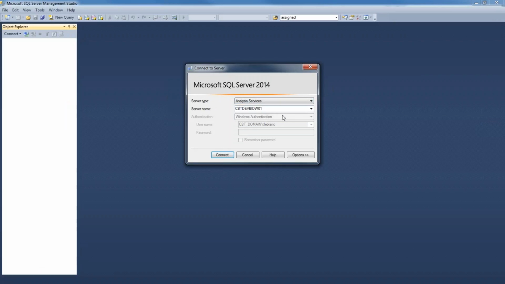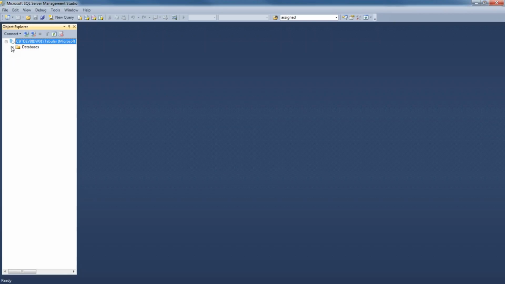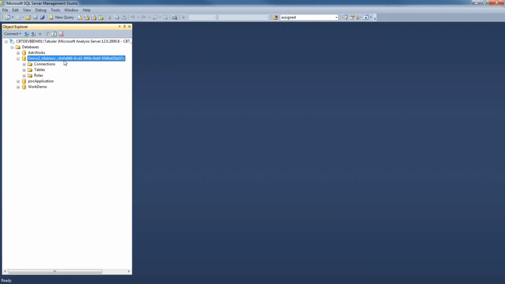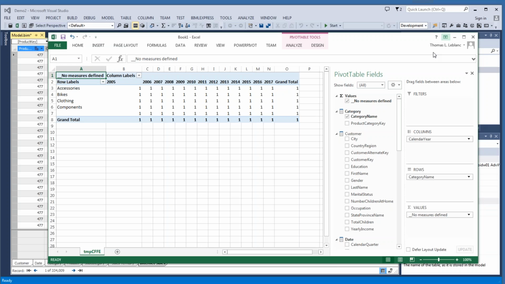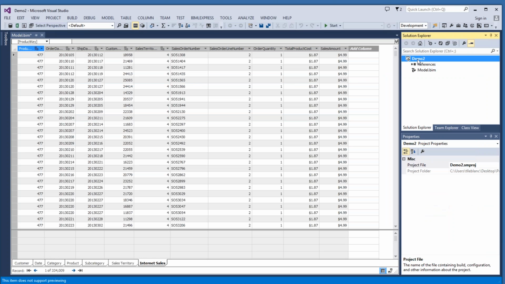So I'm going to go to that Analysis Services instance, go to Databases, and you see that Demo 2 now has a GUID on it. So this is that temporary workspace database, that's the in-memory data we're dealing with. If we go back to the model, right-click on Demo 2 and say Deploy, now it's actually going to deploy